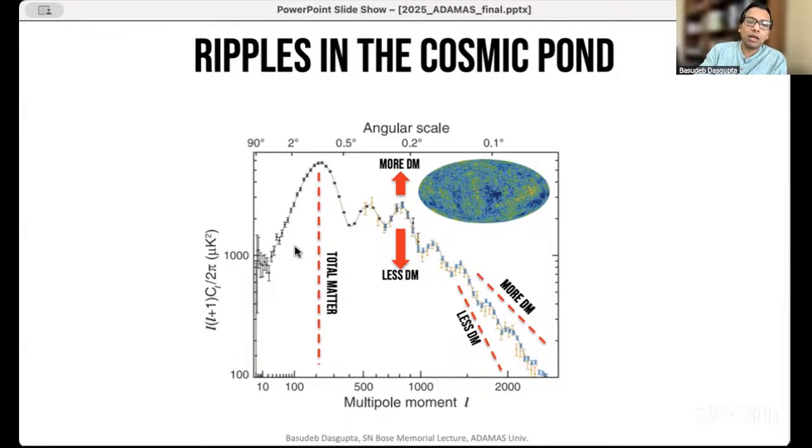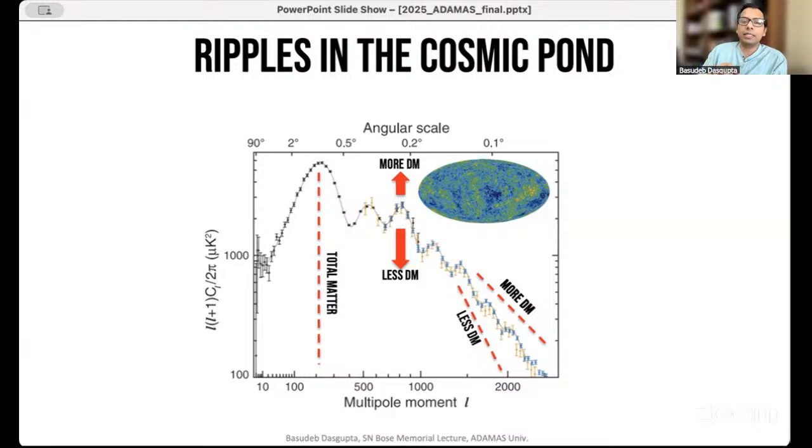Okay. Now the continuous curve that you're seeing, that is passing through all these data points with the error bars, is a theory, and this theory has 5 or 6 parameters. One of the parameters is how much matter you have which has gravitational interactions and therefore contracts under gravity, but does not couple to radiation. So, therefore, it does not push outwards.